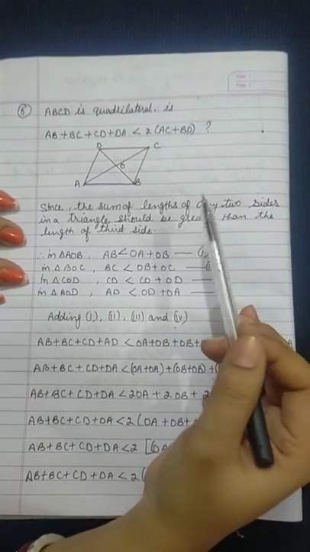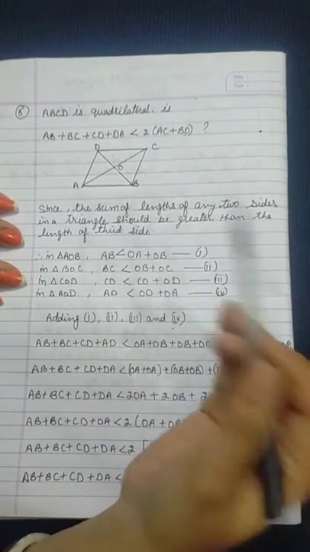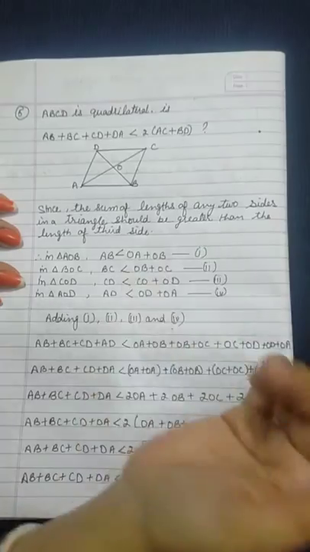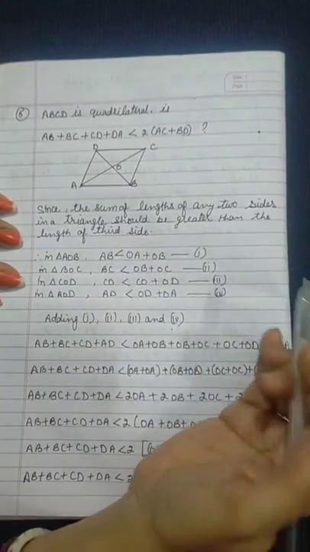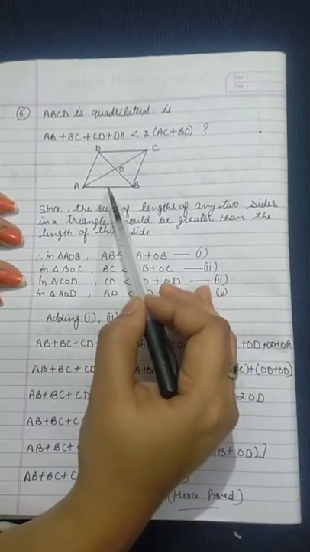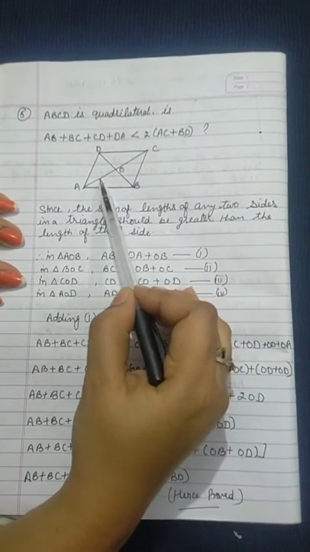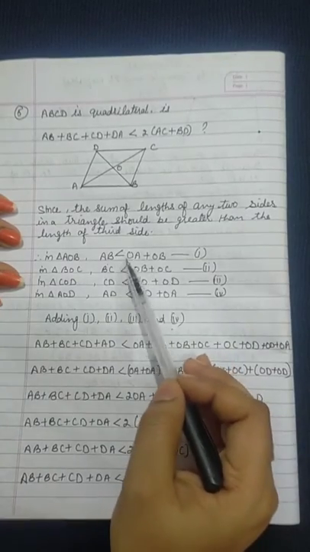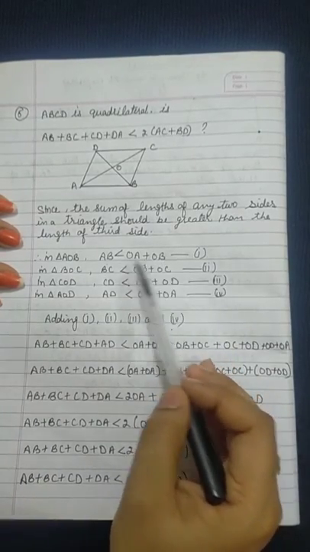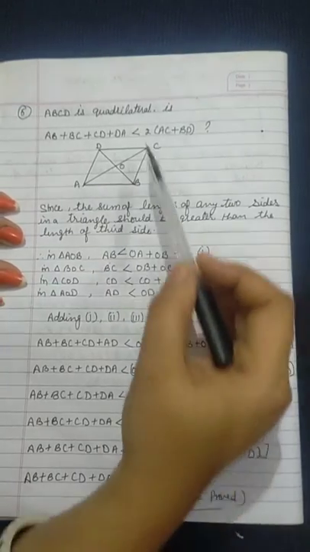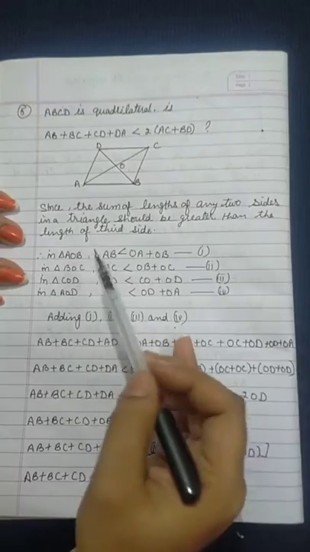Earlier we wrote that the sum of two sides is greater than the third side, now we write that the third side is less than the sum of the two sides. We will reverse it. See here, in triangle AOB, AB is less than AO plus OB. The meaning is the same, the sum of two sides is greater than the third side, but we write it this way because we want to show this one sign.